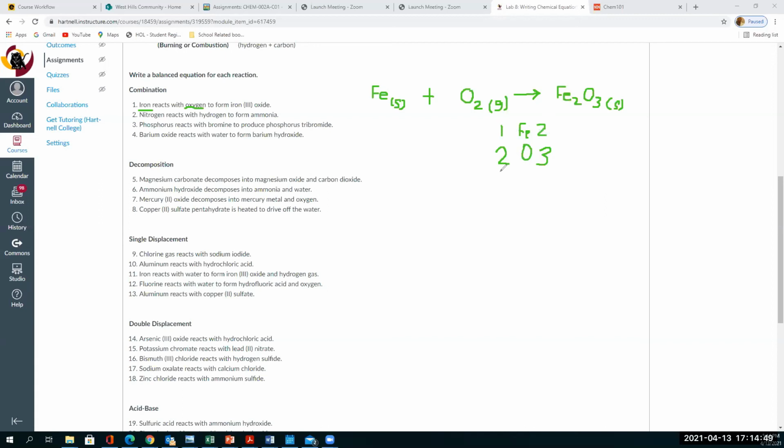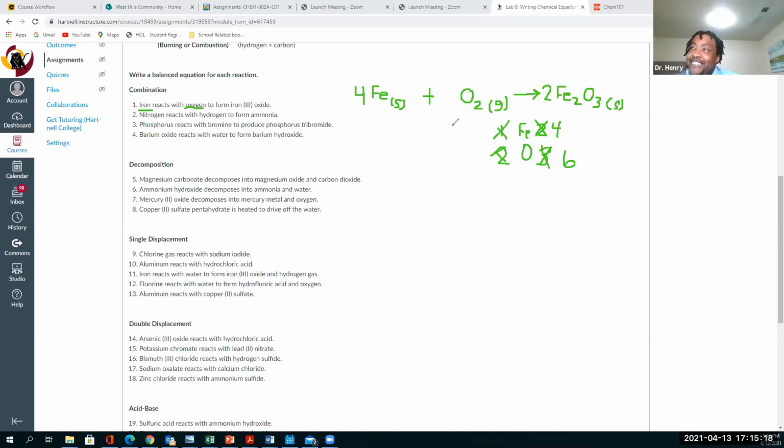So for this equation, I would actually just put a 2 on the product first. Okay, so then that would give me 4 iron and 6 oxygen. And then you can just easily balance it by putting a 3 in front of the oxygen by itself and a 4 in front of iron. Is this Edgar talking? I bet you it's Edgar talking. Edgar, they're gonna hate you. You realize that, right? Edgar, stop speeding through the problems, bro. We don't know what's going on, Edgar.